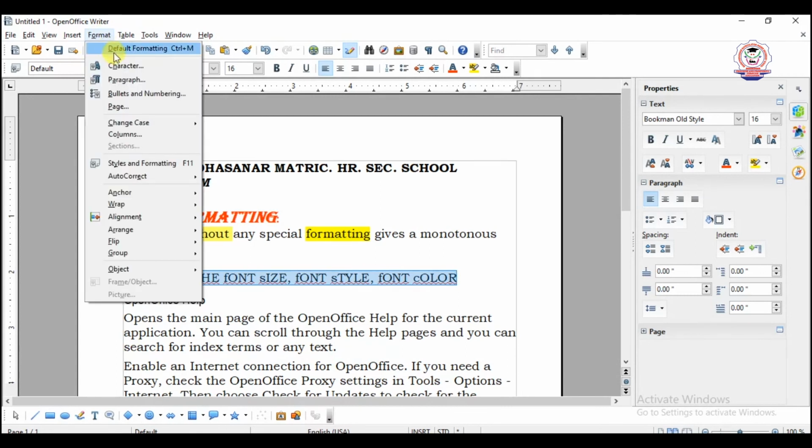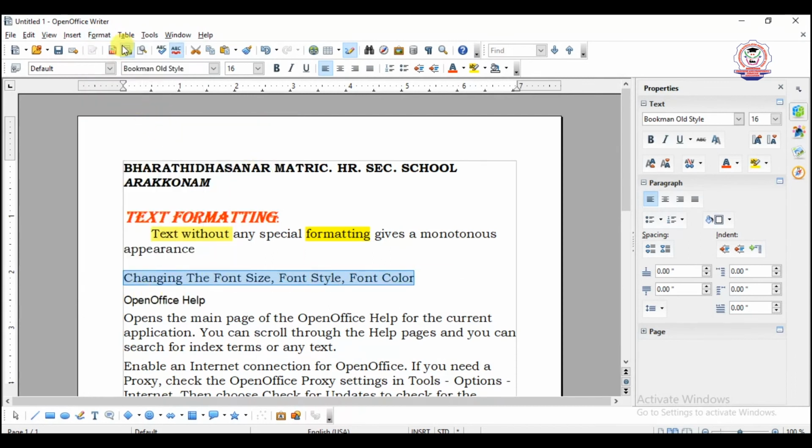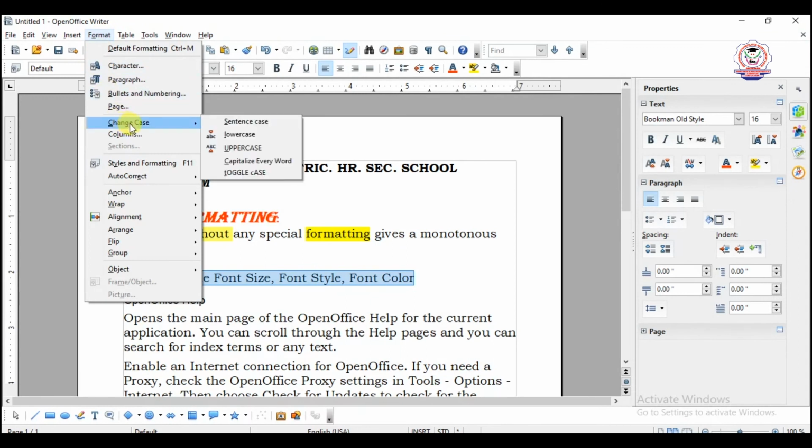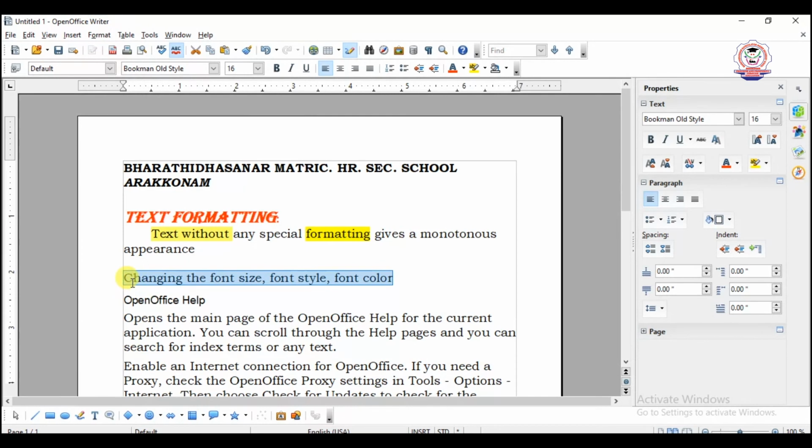Very good. Again, Format, Change Case, Toggle Case means this is changed back to normal. And Format, Change Case, Sentence Case means only the first letter of the sentence is in caps and the remaining letters are small.